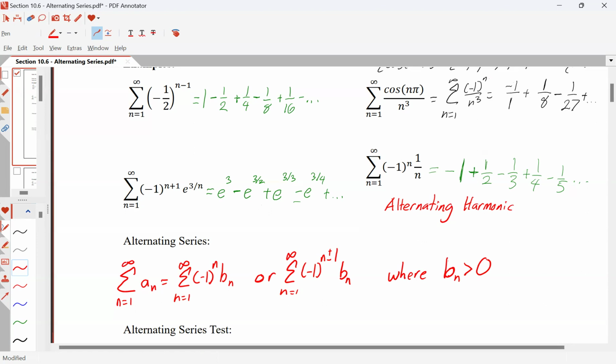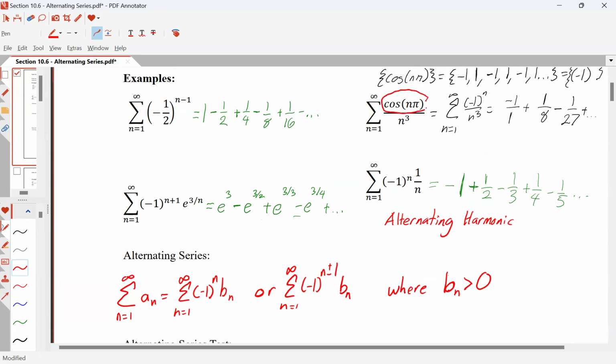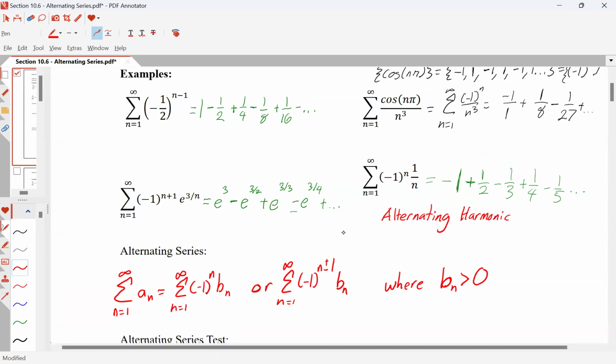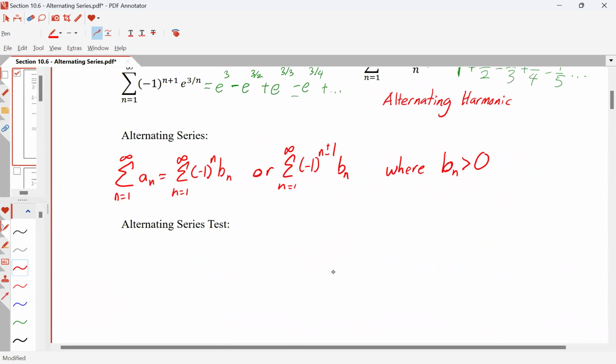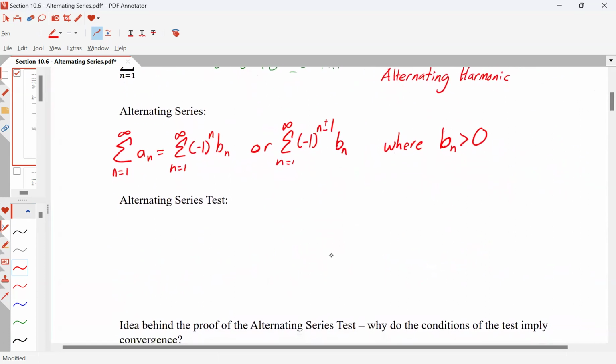So if we have this -1 to the n, or there's a piece that is the same as -1 to an exponent, that is going to be an alternating series. So our alternating series test is